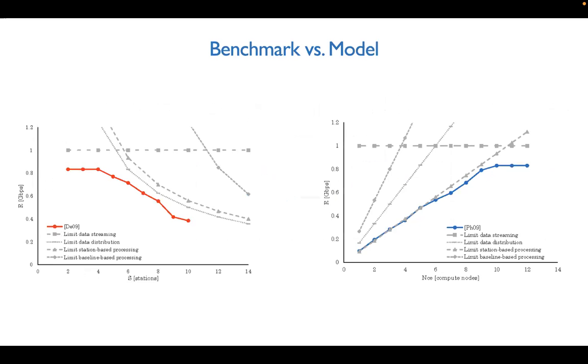So does it work? Basically, yes. There's a lot more model verification that needs to be done. But what's out there so far in the literature is pretty promising. There's different kinds of limits that are shown on these graphs. The numbers on the left are the number of stations, and on the right the number of compute nodes. And you can see that the model is predicting limits. You can see that the limit on data streaming is starting to show up in the shape of this curve, at least, even if it's